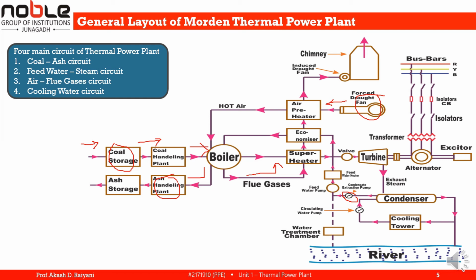The condensate is heated in the low pressure heater by using steam which is extracted from the low pressure extraction point of the turbine. The feed water is then passed into the deaerator and then the high pressure heater, where it is heated by the bleed steam extracted from a suitable point of the turbine. The function of the deaerator is to reduce the content of dissolved oxygen from the feed water.